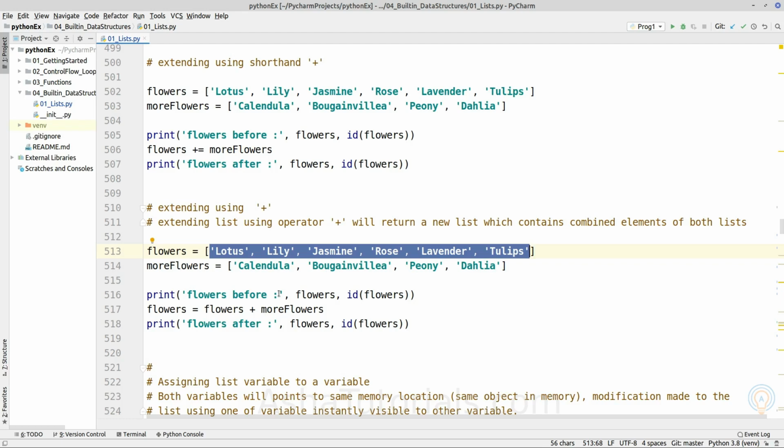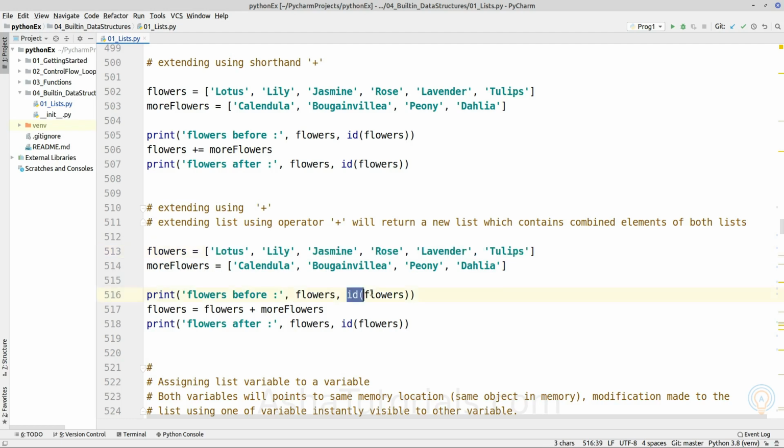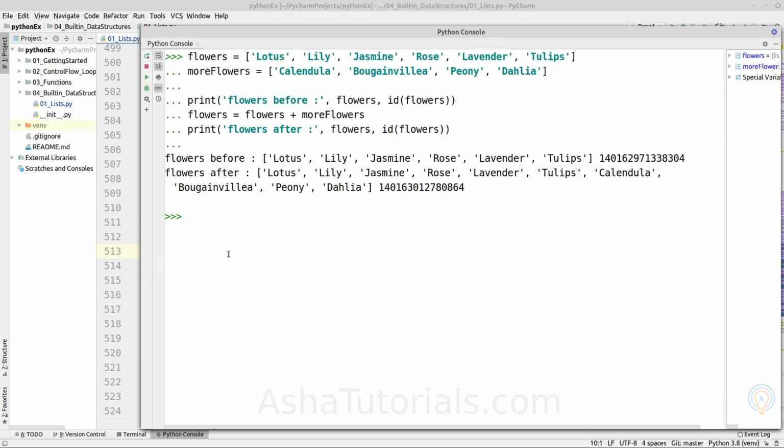So if we take the ID on the same variable before and after performing the operation, it will be different. As we can see here, both IDs are different because this operation returns a new list object, combining the elements of both given objects in their given order.